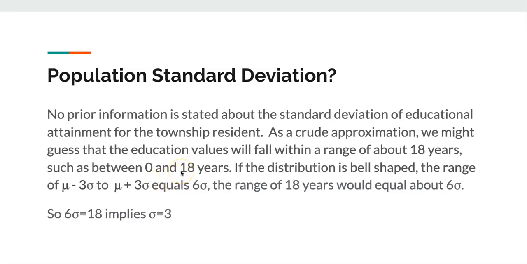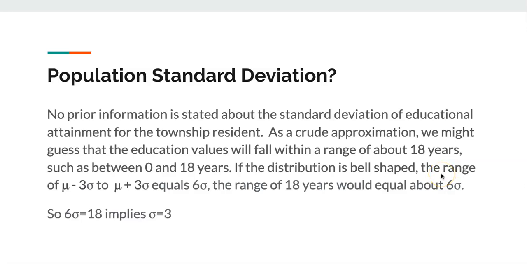Why 18 years? Because if you graduate from high school, you already got 12 years of education. And maybe if you consider preschool and kindergarten before that, maybe more. But you go to college and maybe you go to graduate school. It's reasonable to have a crude approximation that the range is going to be from 0 to 18 years. Now, we're going to assume that the distribution is bell-shaped and the range